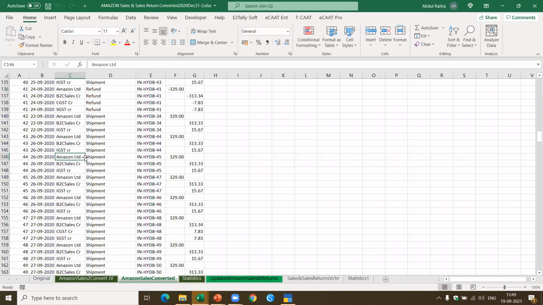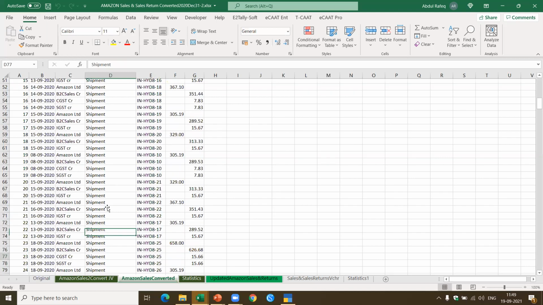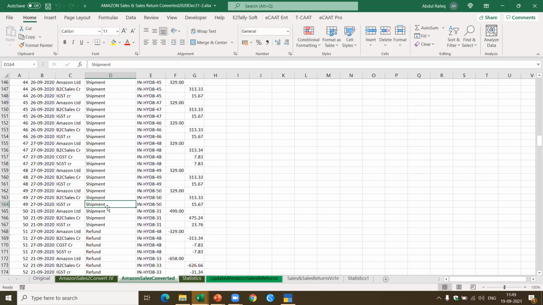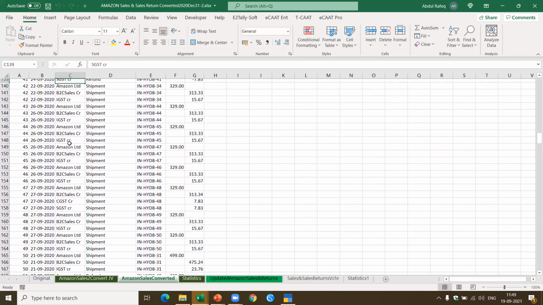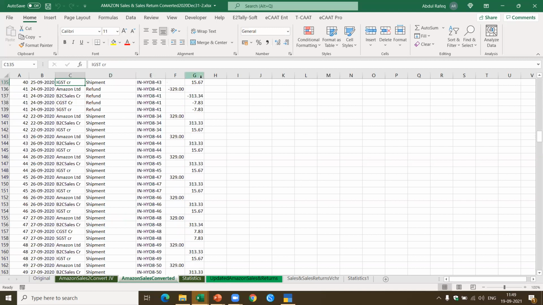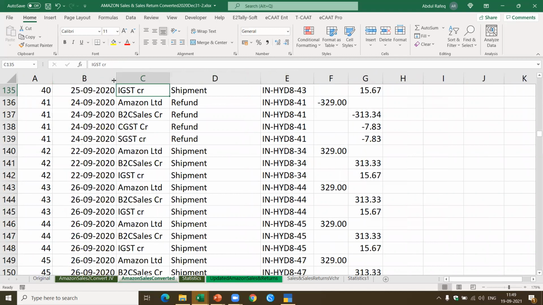So if you look at the vouchers which are converted, this is originally without the formatting for the purchases. The same original data, as it's converted, you'll get like this. But there's one issue in this particular data. If you see here closely, you've got the shipments and you've got the refunds. In the case of the refunds, Amazon is giving us negative figures. If you take the data this way, it will not be correctly posted in Tally, because in Tally, when you give any figure with minus, it will take it as debit, regardless of where you place it.